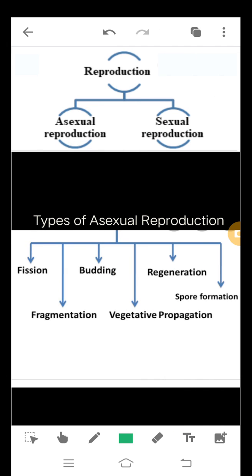So two modes of reproduction, asexual and sexual. In this chapter we are going to study both the modes of reproduction, but